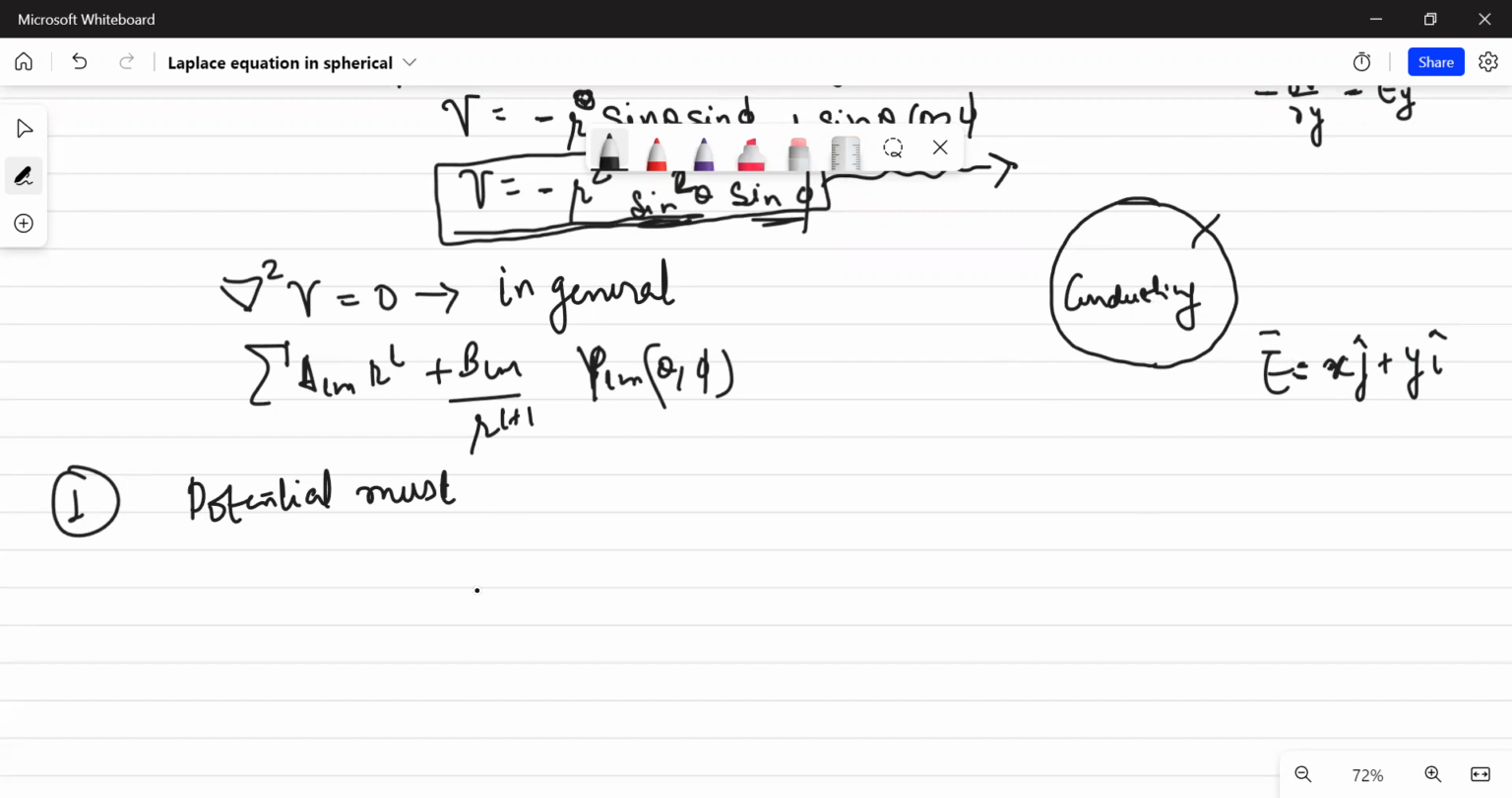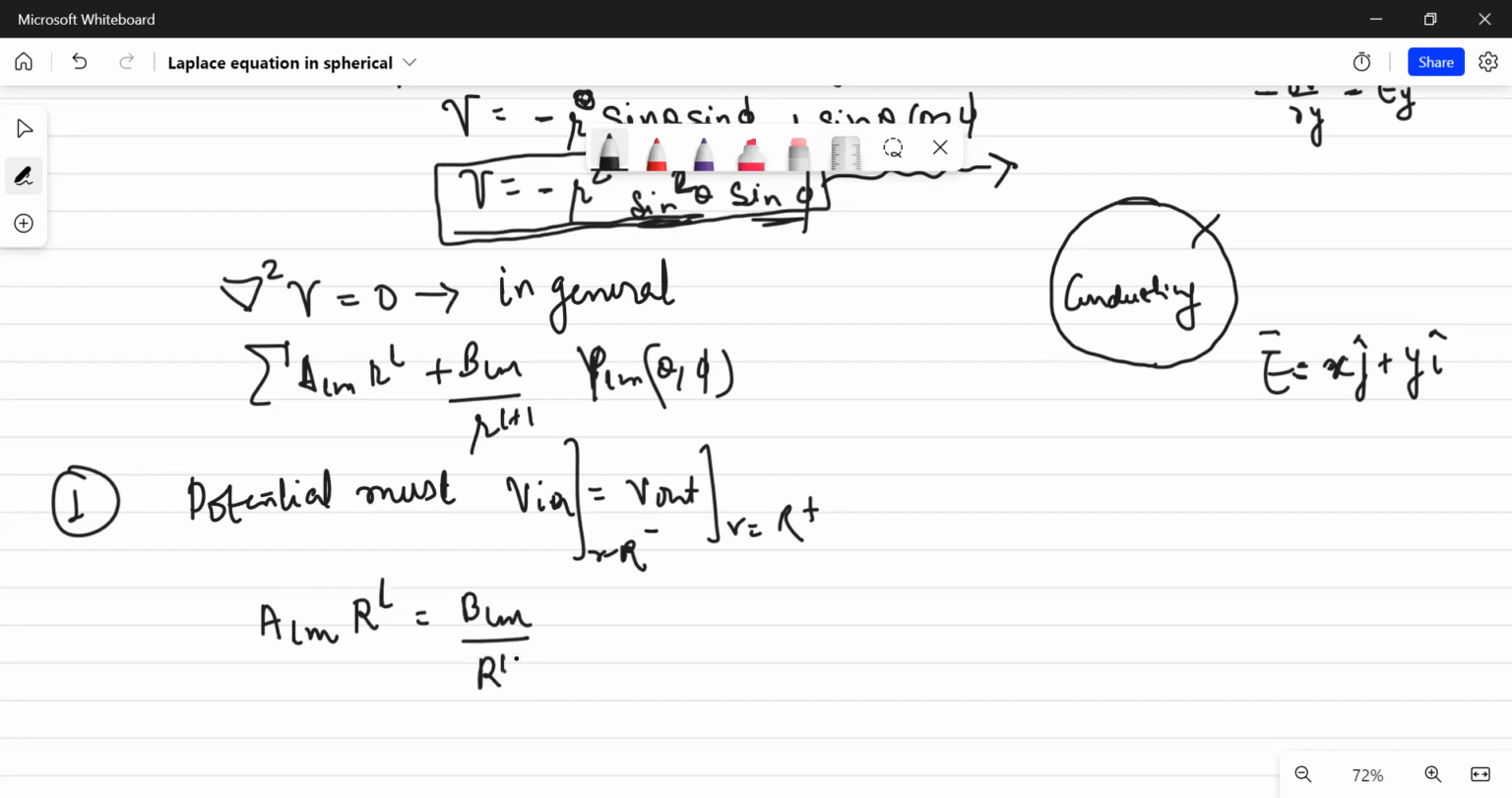So first thing is that the potential must be continuous on the boundary. That implies if I want to write V inside and V outside at r equal to R, they must be equal. That is the first thing. And this will give you, I think, A_lm r to the power l is equal to B_lm upon r to the power l plus 1. So in general, I will write my B_lm